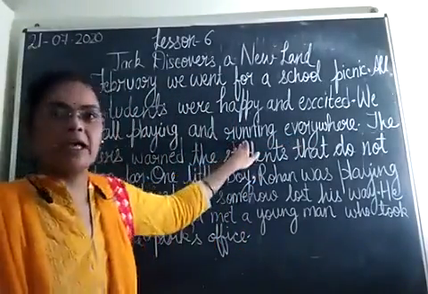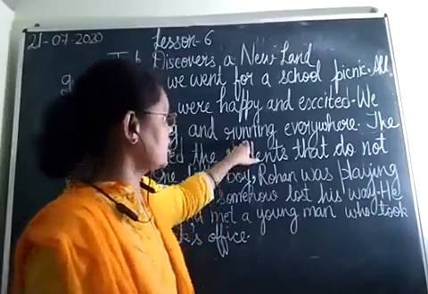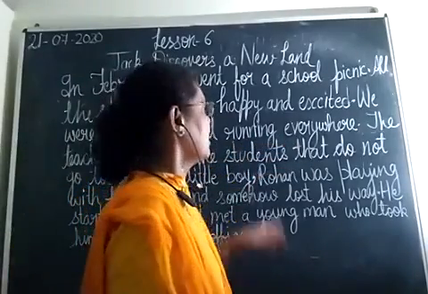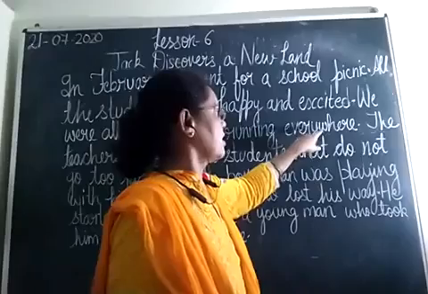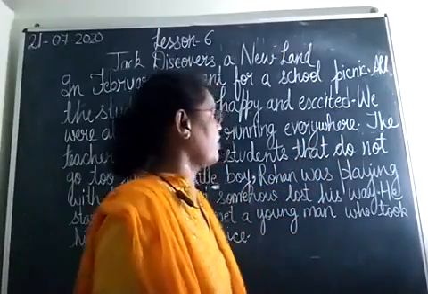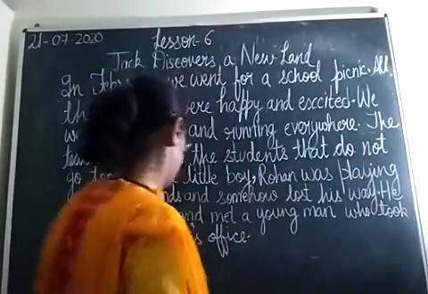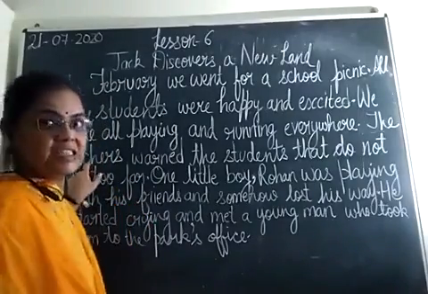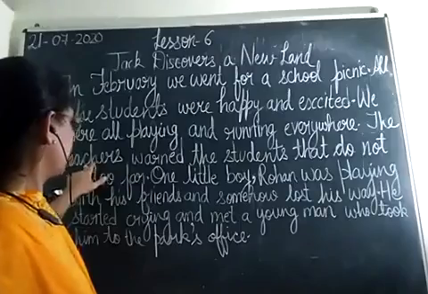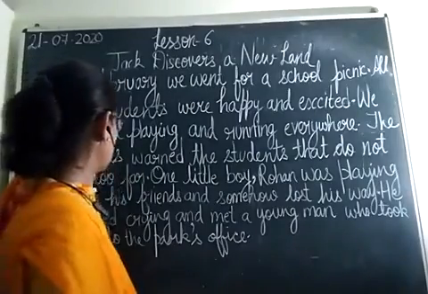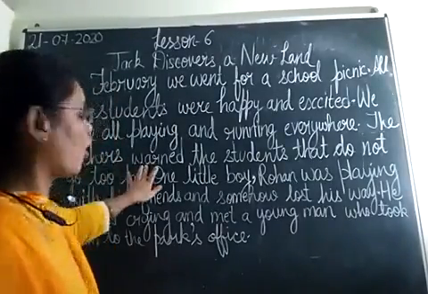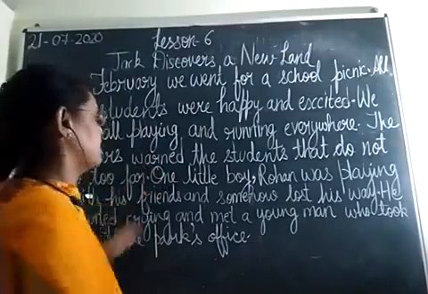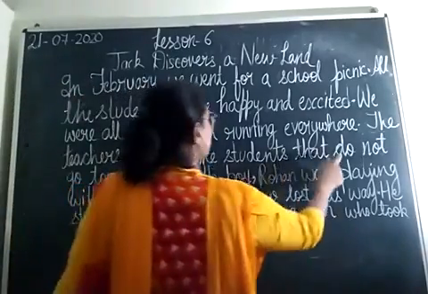Running has got double N, R-U-N-N-I-N-G. The spelling of everywhere, E-V-E-R-Y, W-H-E-R-E, everywhere. The teachers, spelling of teachers, T-E-A-C-H-E-R-S, teachers warned, W-A-R-N-E-D, warned the students that do not